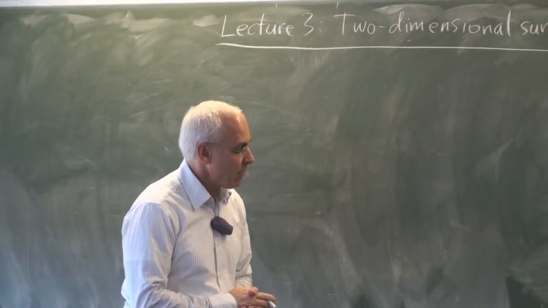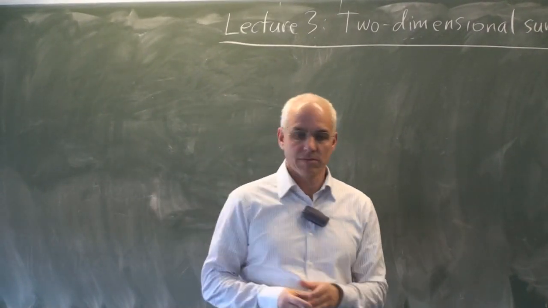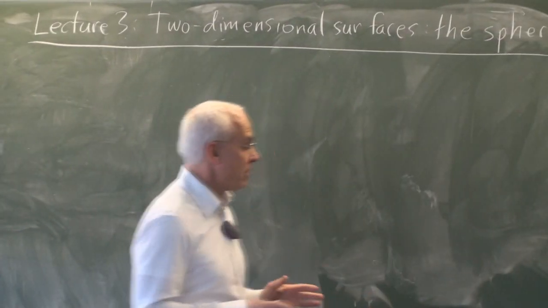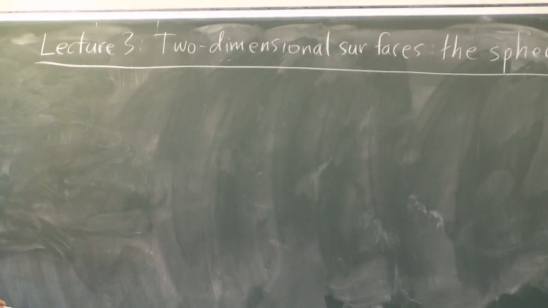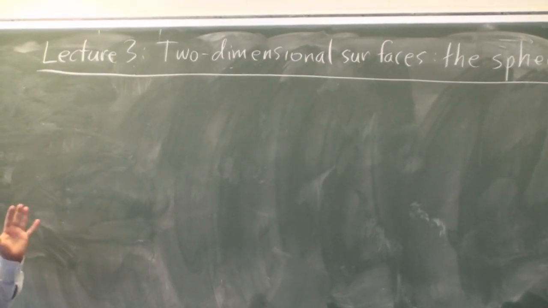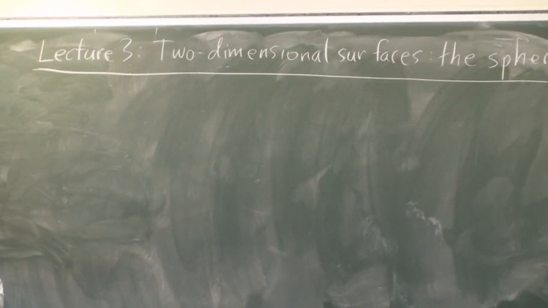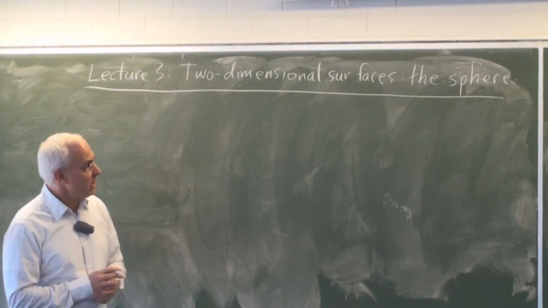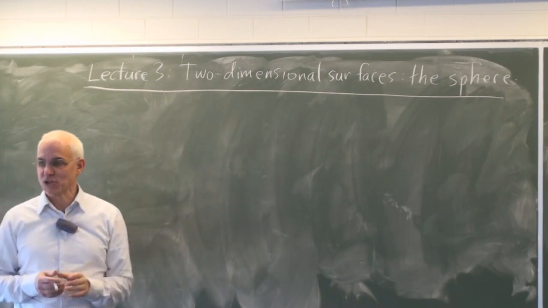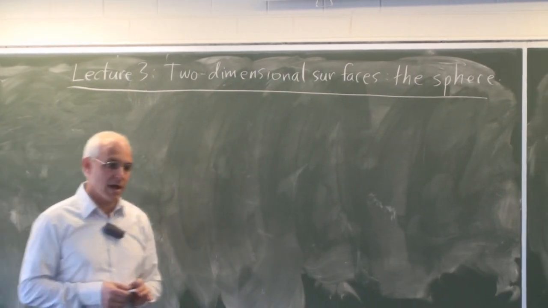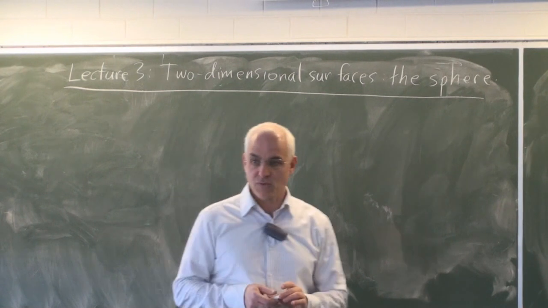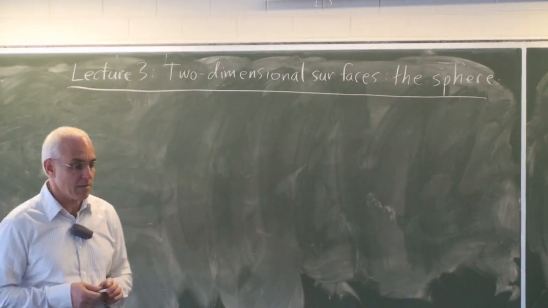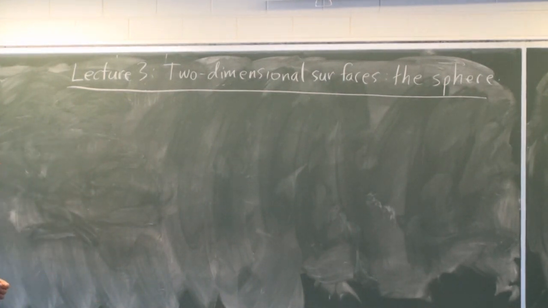So last time we were talking about one-dimensional topology, and we introduced the idea of a group structure on a circle, purely geometrically. And today I just want to start by saying a few more things about the one-dimensional case. So a little bit more about the circle and other connections. And then we're going to move to two-dimensional surfaces. And we're going to look at the sphere in a number of different ways. And we'll make contact with quite a few interesting areas of mathematics.